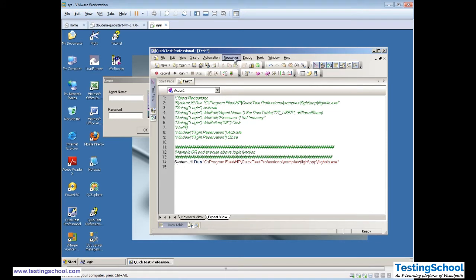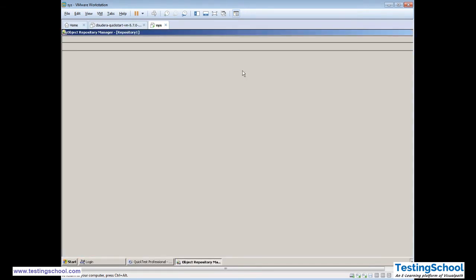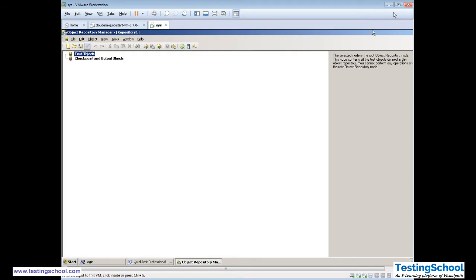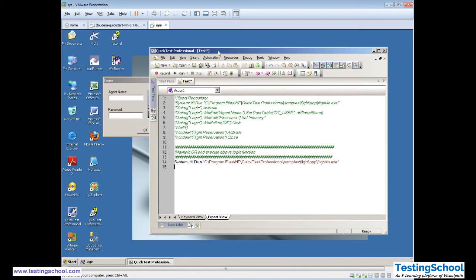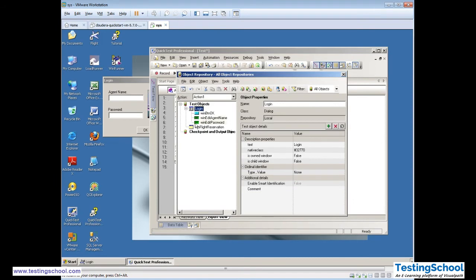Now you have one more option here. One second. You can go to repository, object repository, and you can save it, file, export to local.